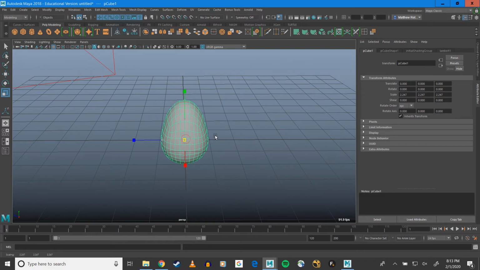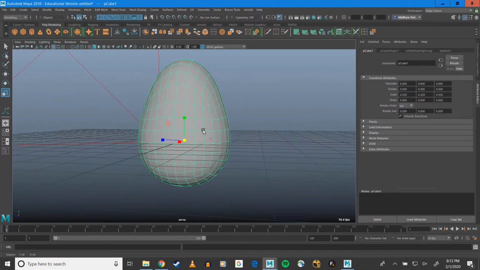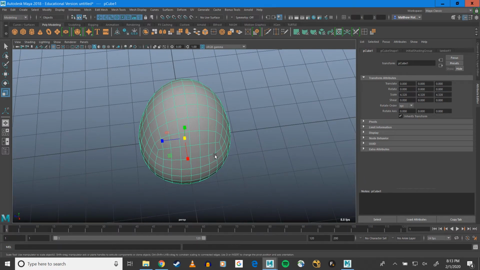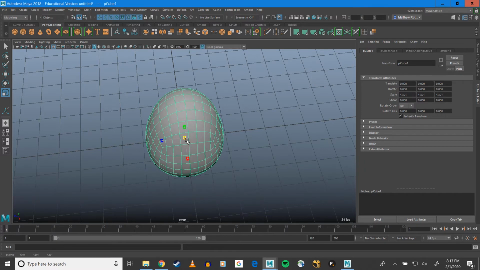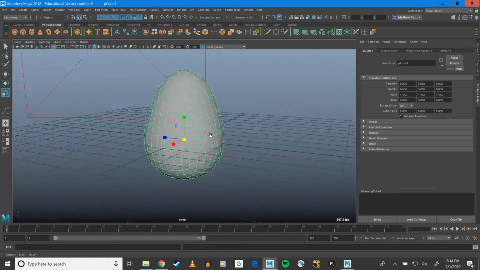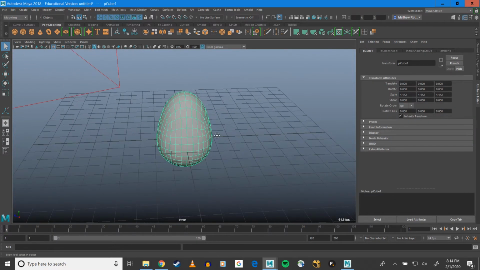I'm going to scale it up so it's a little bit more realistically egg-sized. This would be a fairly large egg, I guess. It's roughly 2 inches across if I scale it to be this size, which is not out of the question of possibility. But in any case,